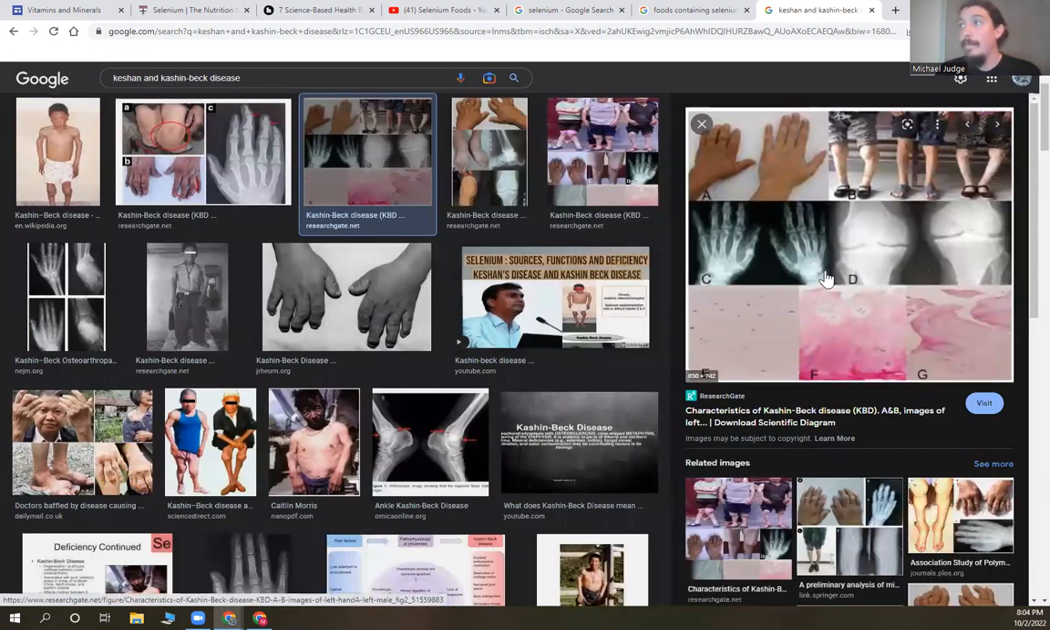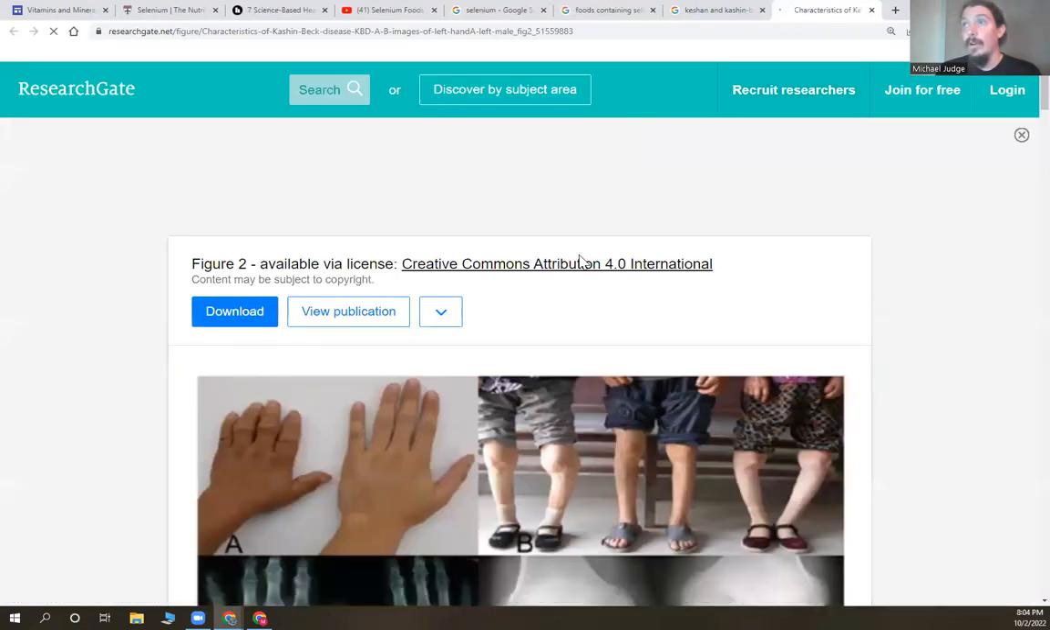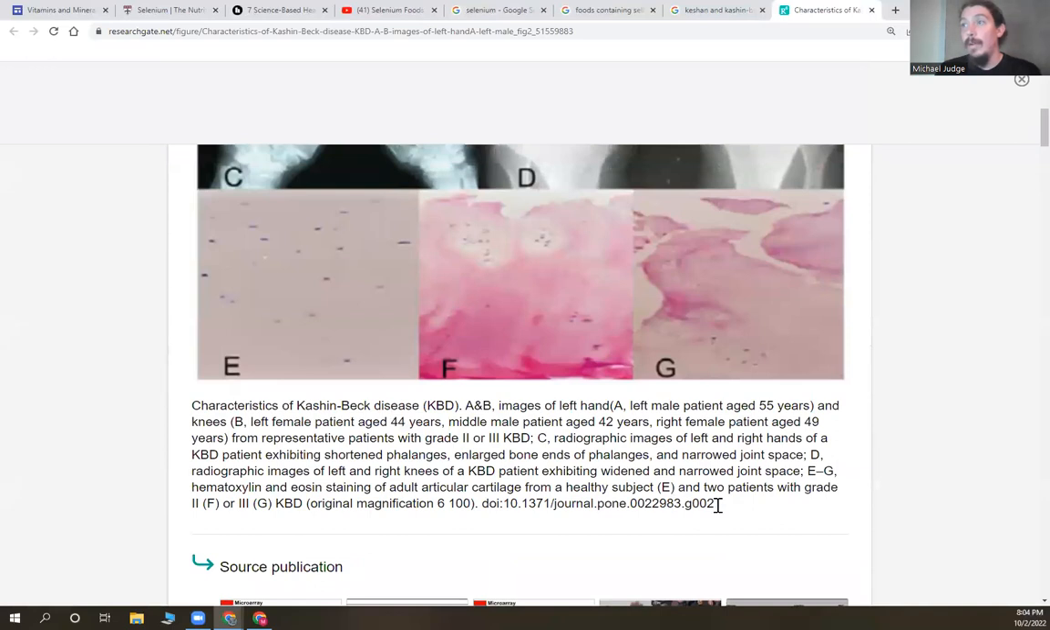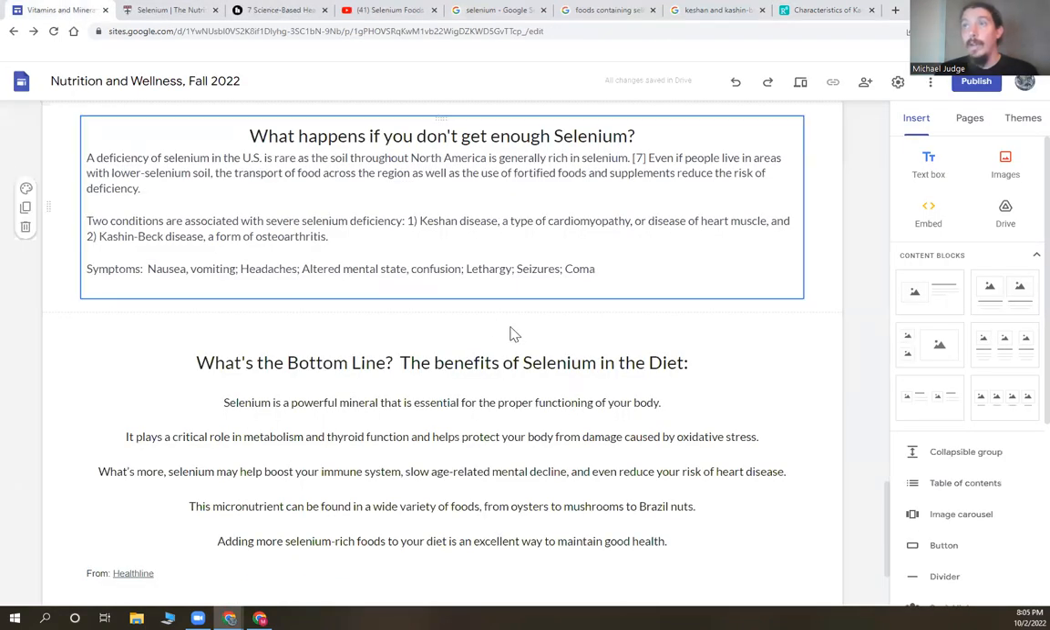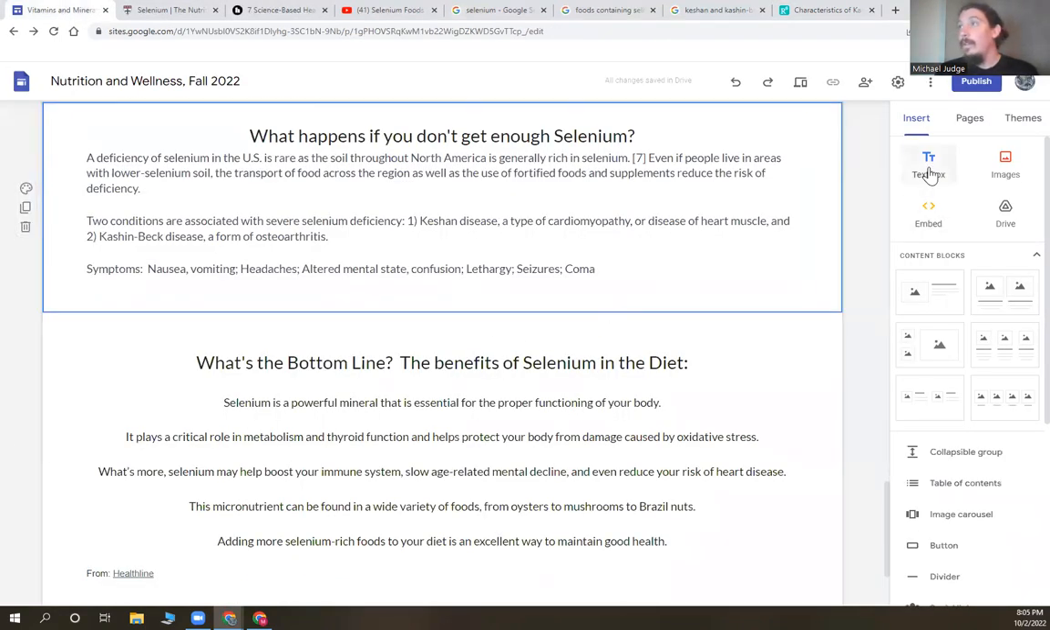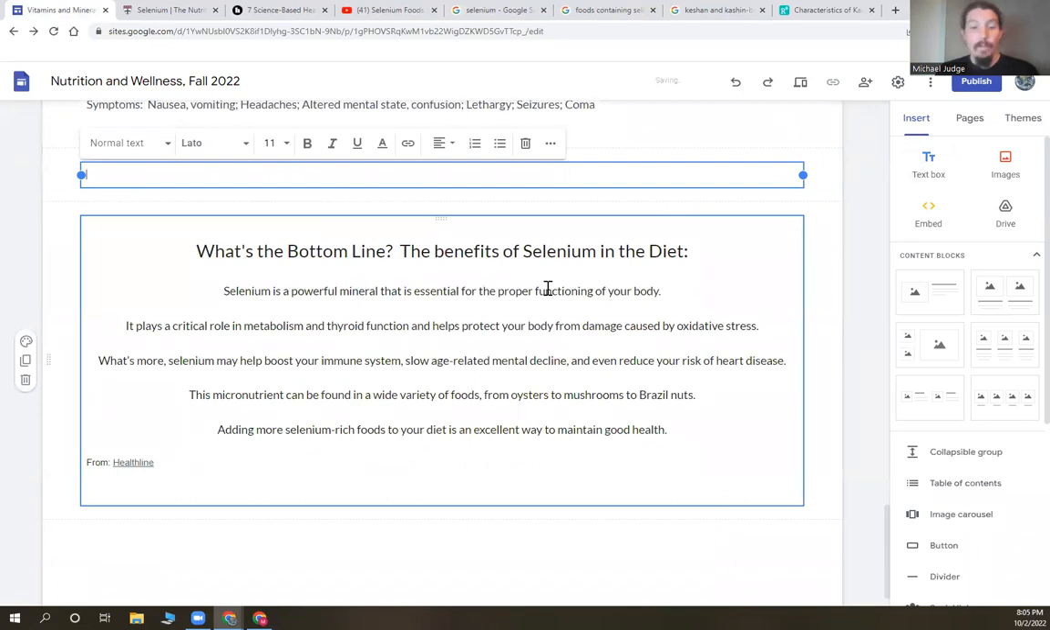Actually, this seems okay. I'm going to say this isn't particularly over the top. And we see characteristics of Keshan-Beck disease. With this, I might want to include, if I can click to the article that's probably here, the actual full figure here. So I can just copy and paste that, go over to my site, insert a text box,